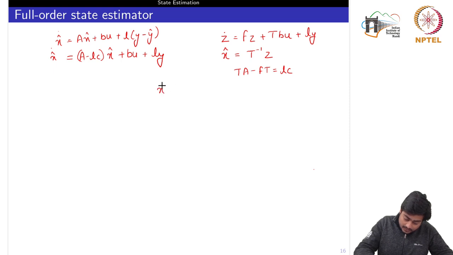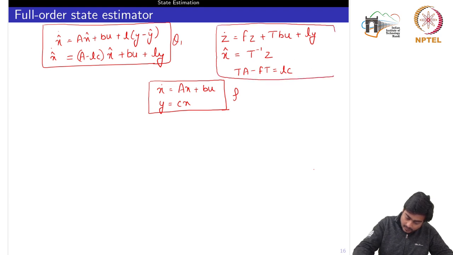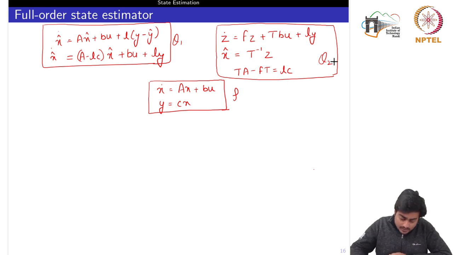For the given plant, let's write the equation of the plant also. Let's call it the plant, and this one is the observer 1, and this one was the observer 2. Okay, so there are a couple of points which we want to highlight before we go on to the next